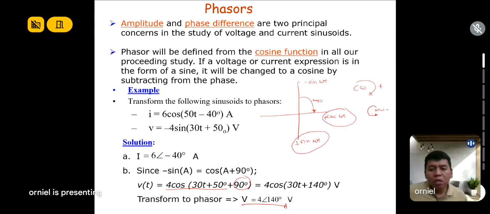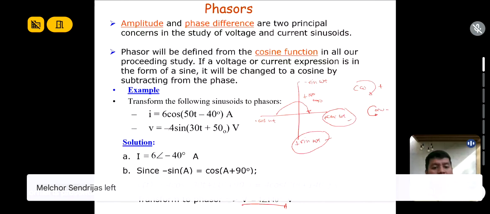If you rotate clockwise, that is 90 degrees. For example, if you have negative cosine, convert it into positive cosine, clockwise plus 180, and so on. Just memorize the location of positive cosine and the location of positive sine, and convert everything into positive cosine functions. Then we win in life. You will understand the phasor.